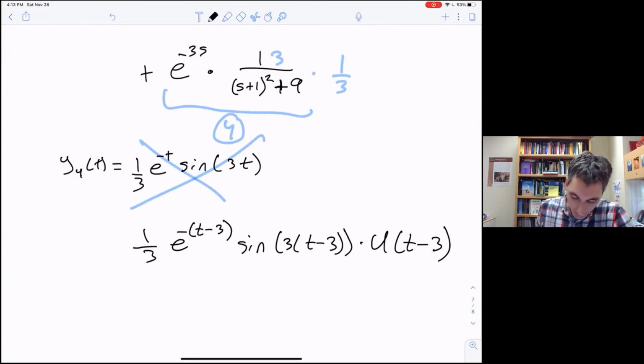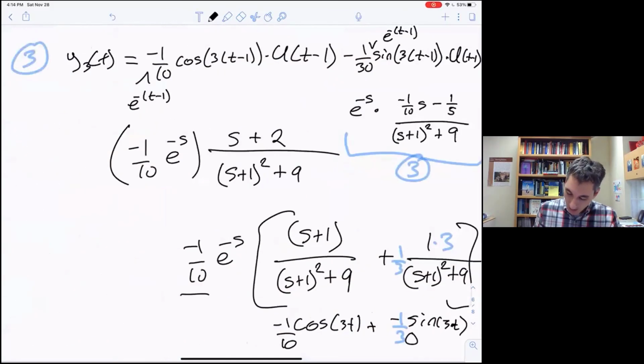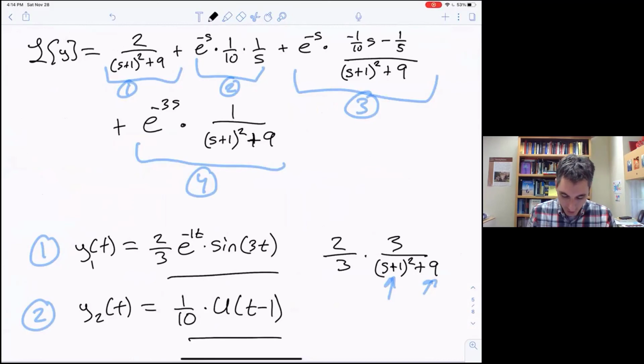All right. And I don't want to recopy all of them, but the final answer would be essentially y1 plus y2 plus y3 plus y4. So a lot of pieces here. Now, remember, this all does look like the kind of thing we should see, right? This is an underdamped solution, right? So the underdamped is e to the minus t sine of 3t, right? That's underdamped. This one's turning on at t equals 3. These are turning on at t equals 1. And then these ones here are, well, this one turns on at t equals 1 as well. And then that one is just the